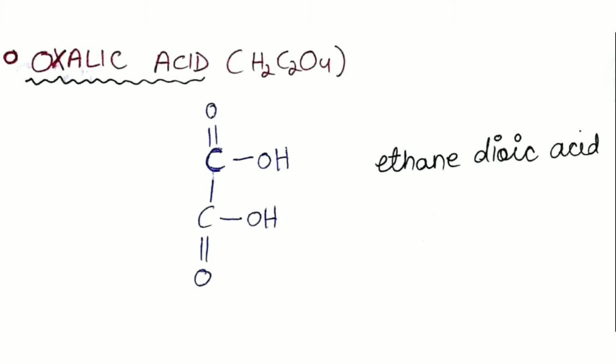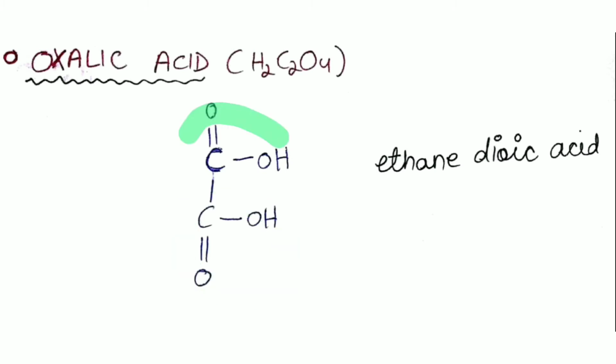Now let's look at this very common acid that we come across, that is oxalic acid. It is a type of carboxylic acid only, guys, in which there are 2 carboxylic acids attached to each other. So the formula of this acid is H2C2O4, and we call it ethane dioic acid in the IUPAC naming. Ethane because the word root will be eth, it consists of 2 carbon atoms. Also these 2 carbon atoms will be the principal chain, and it's called dioic acid because